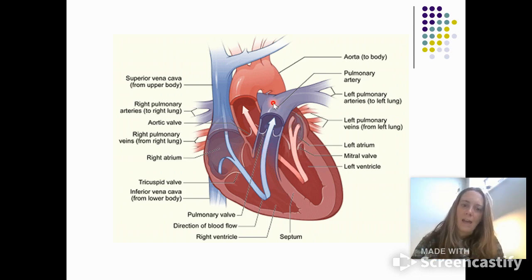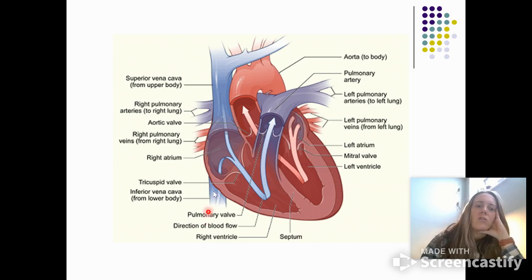And this is showing you the path of blood. So where you see blue is indicating that we have oxygen poor or deoxygenated blood. And the vessels that you're seeing red, that would be oxygenated or oxygen rich blood. And so the inferior vena cava, which we see here, and the superior vena cava are returning oxygen poor blood back to the heart via the right atrium. It will then go through a valve here, which is called the tricuspid valve, to the right ventricle, and then will then get pumped through the pulmonary arteries,